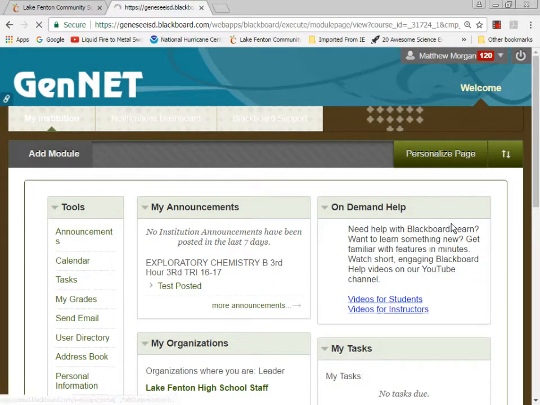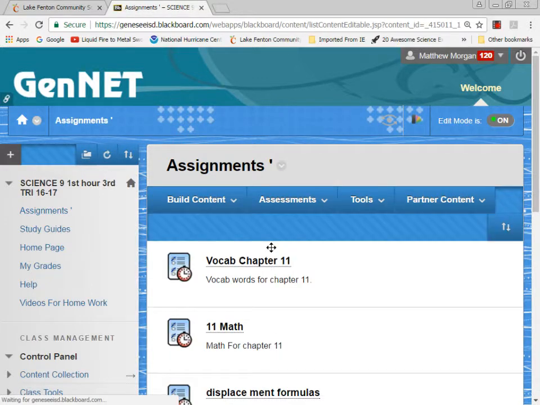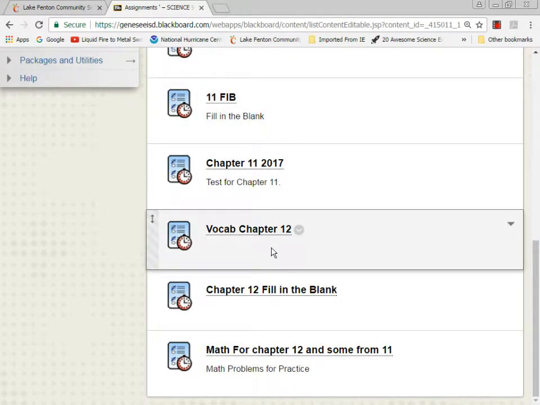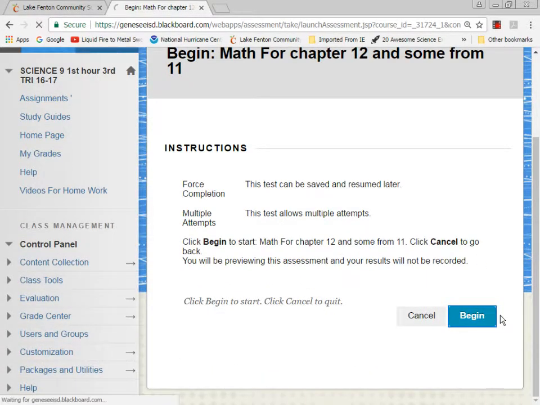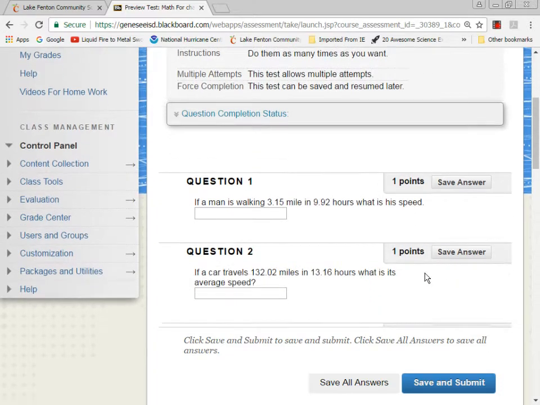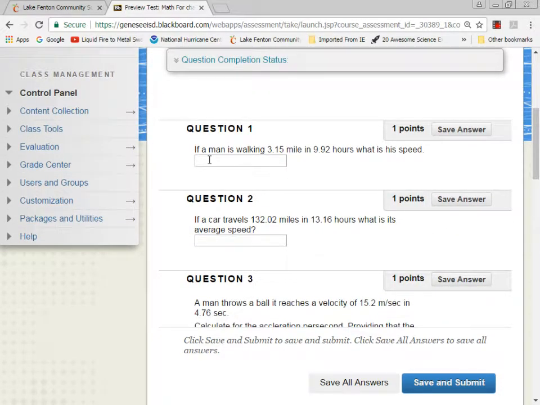This one is going to be math for chapter 12 and some for chapter 11. So we're going to open up here and take a look at these. The first one is speed. If you're looking at your speed formula,